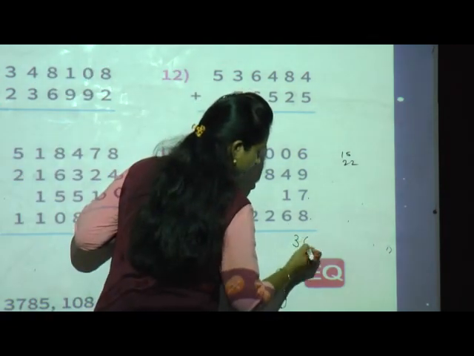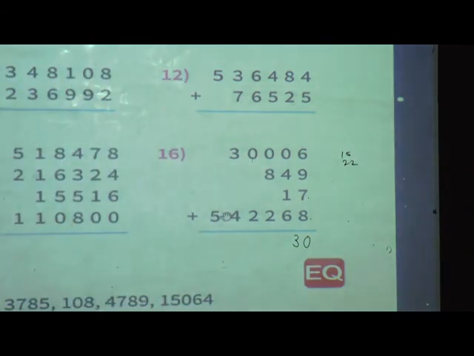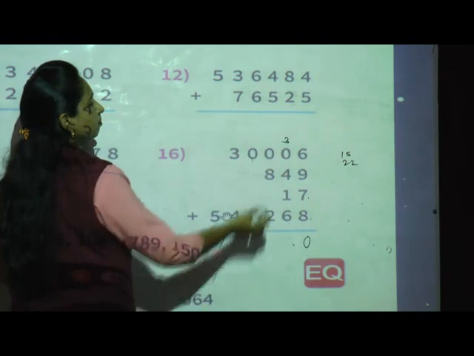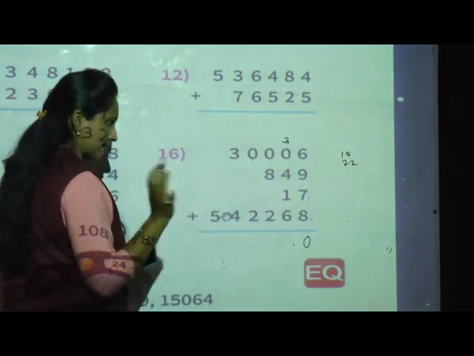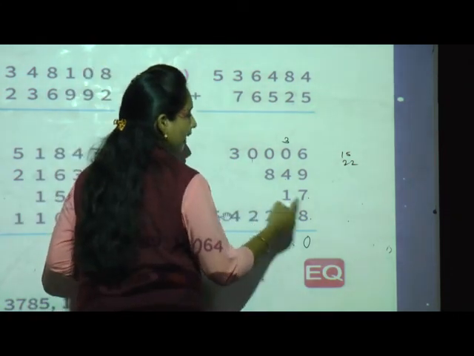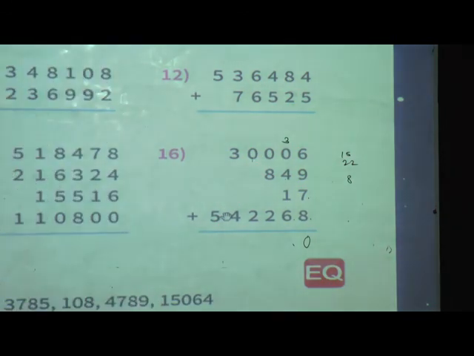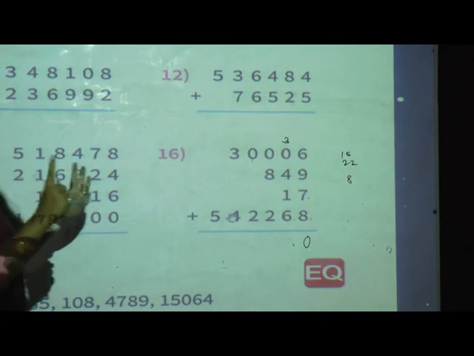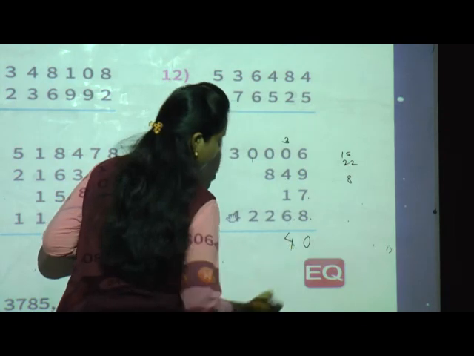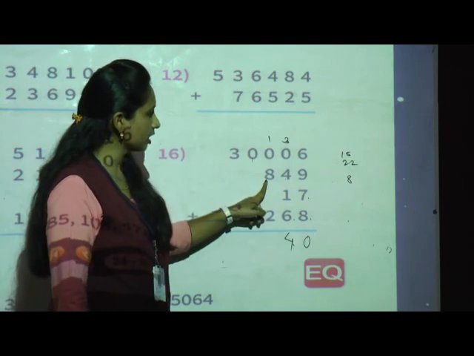So how will we write 30? See, 0 will remain as it is in the ones place and this 3 tens will carry to the tens place. 3 plus 0, 3 as it is, and 3 plus 4, 7. 7 plus 1, 8, write it somewhere, and we have to add 6 to 8. Now keep 6 fingers, count after 8: 9, 10, 11, 12, 13, 14. So 14, 4 in the tens place, 1 will carry to the hundreds place. Now 1 plus 8, 9.